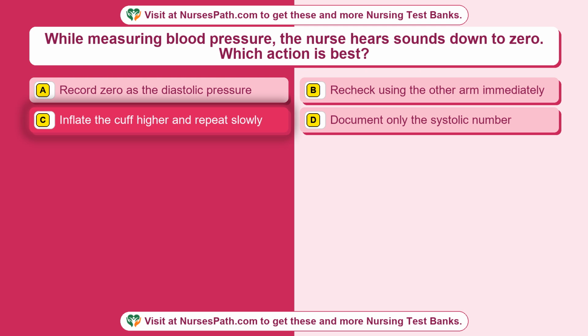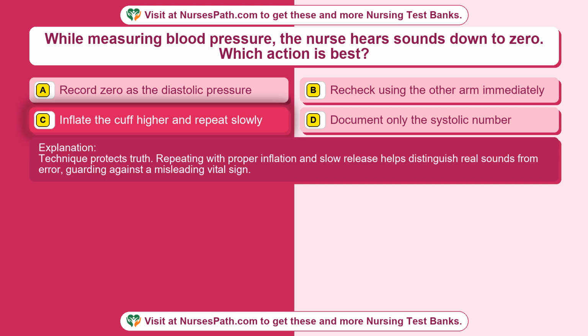The correct answer is option C. Inflate the cuff higher and repeat slowly. Technique protects truth. Repeating with proper inflation and slow release helps distinguish real sounds from error, guarding against a misleading